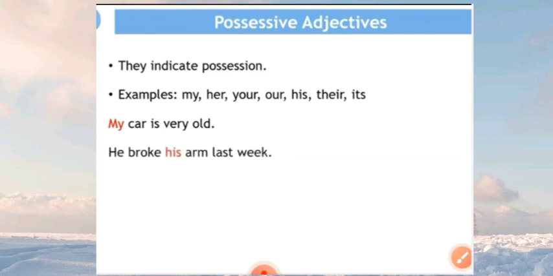Another example is, he broke his arm last week. Again, arm is a noun and the word his is the possessive adjective which is giving you more information